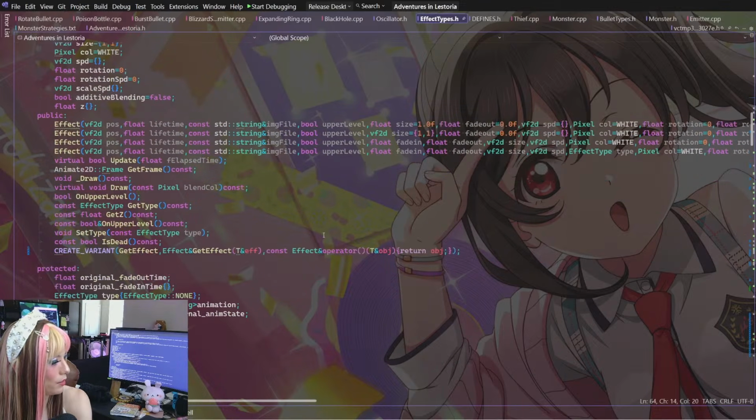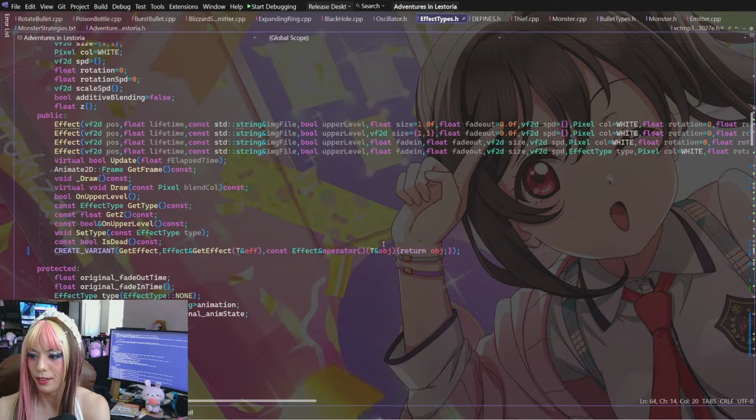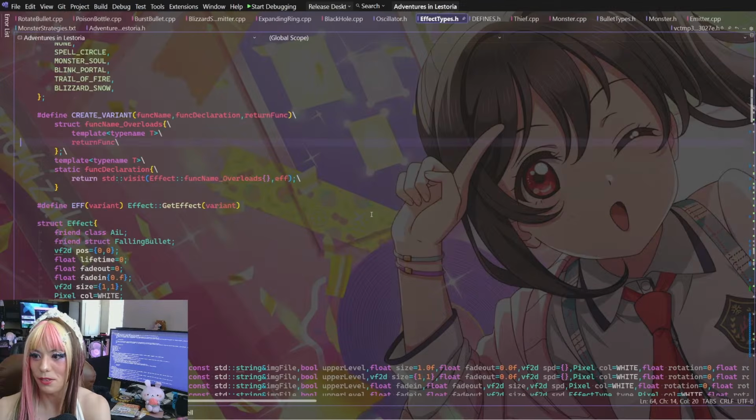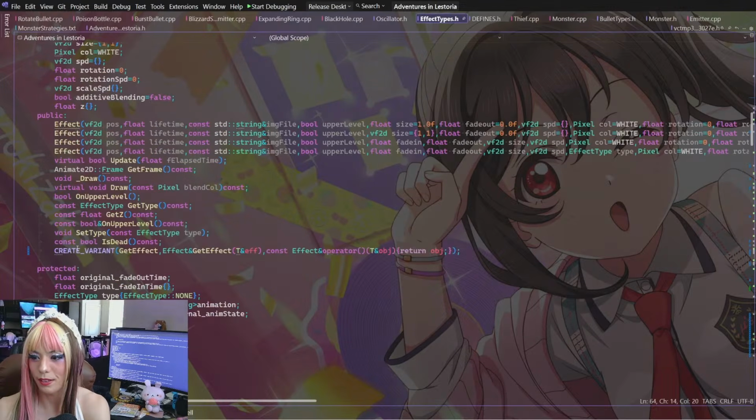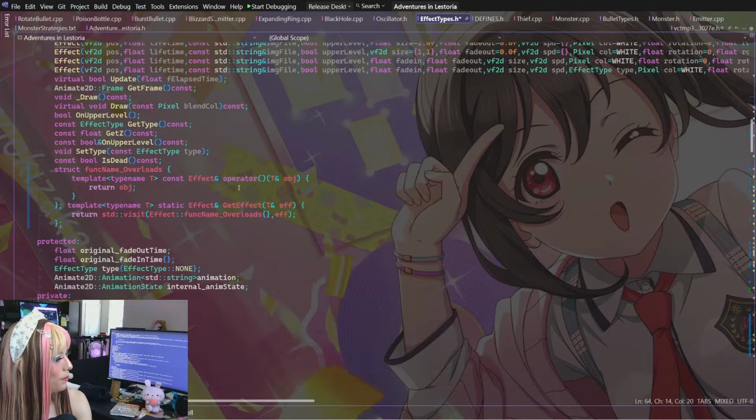Shoot. Okay, I might have to actually unmacro this and take a look at what's really going on, because this is just looking confusing. So, let me see.